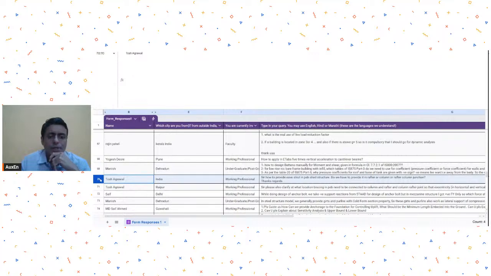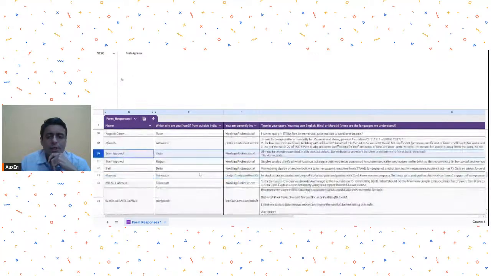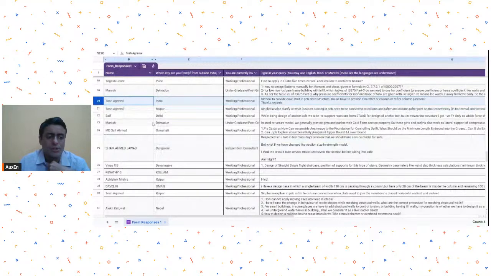So Mr. Tosh Agrawal is asking, he's joining from Raipur, he is a working professional. How to provide eave strut in a PEB structure? Do we have to provide it in the rafter, column, or rafter-column junction? Please clarify. So see,